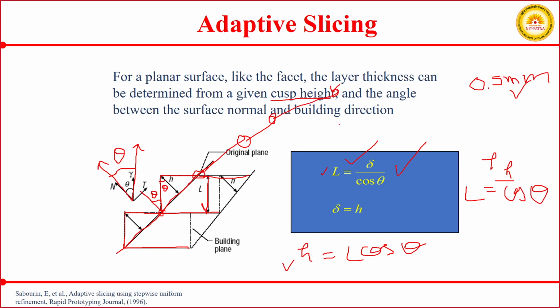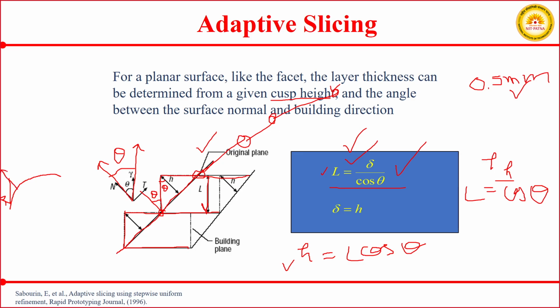Every time, you have to check the surface normal on your original plane or surface, and its angle with your build direction. Suppose you have a surface like this. At this point your surface normal will be in this direction and your build direction will be this. At this place